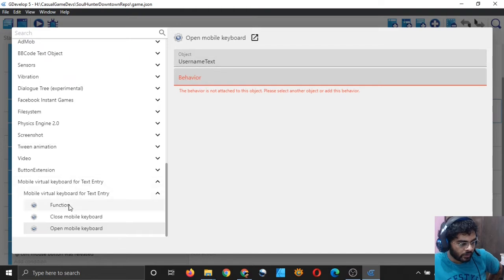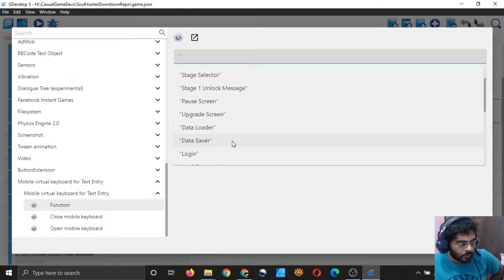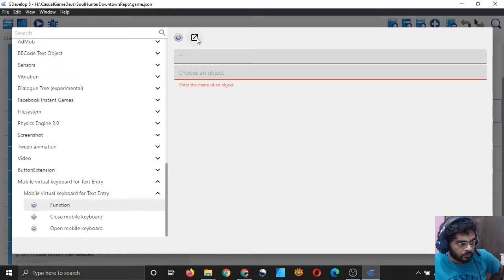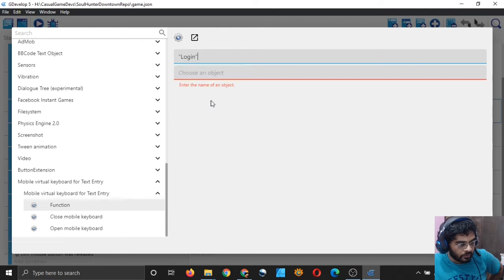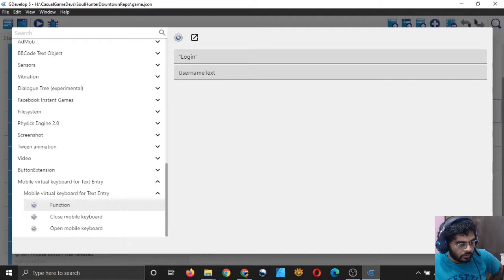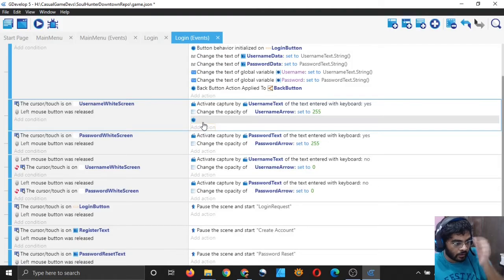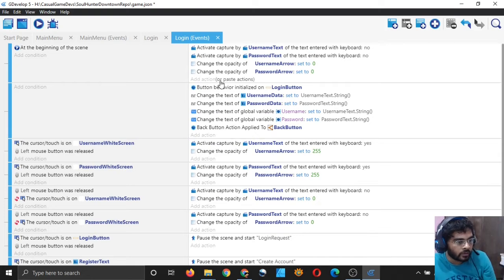Oh, I have to first attach the behavior to my, wait, what is this? Oh, I will first choose the scene and choose the object username text. Now this is attached to my username text. I will cut it and I will do it at the beginning of the scene.